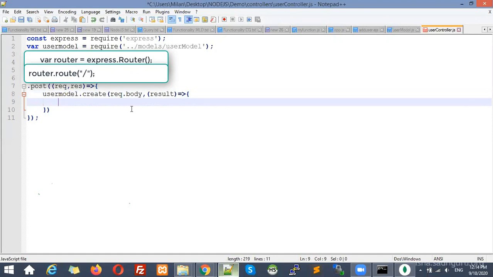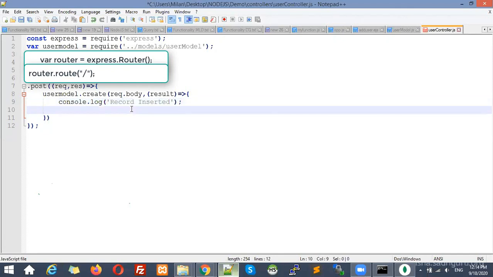First of all, I will display a message in the console that yes, it is created. Or let me write a console dot log, record inserted. Then after insertion, I want to send back to that page, or you can say I want to send back to another page.